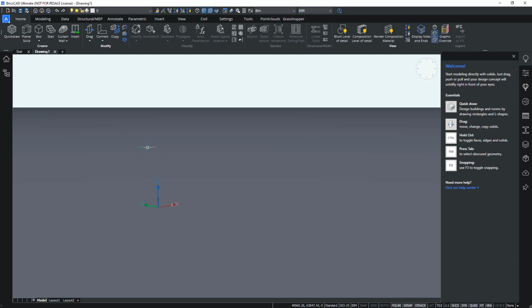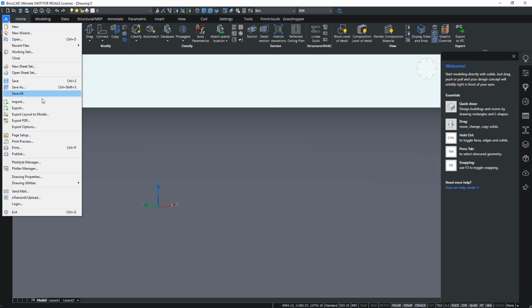Then first of all, what you will notice is that there is a Bricsys icon which displays the file menu. There you will have options such as save and a bunch of other options to print, to export and import, etc. We will refer to this icon as the file menu, but know that it's underneath the BricsCAD icon.